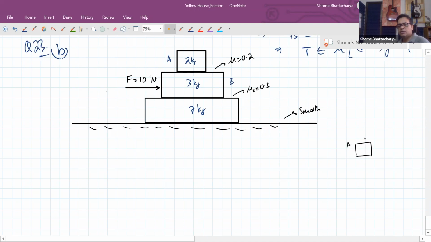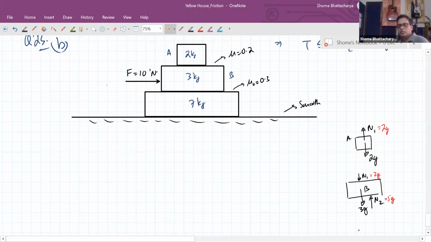So on the block A, this normal reaction will be equal to its weight. On the block B, its own weight is 3g. So this normal reaction, N1, will become equal to this weight 2g. So N2 will become equal to 5g. Okay. And for the last block,